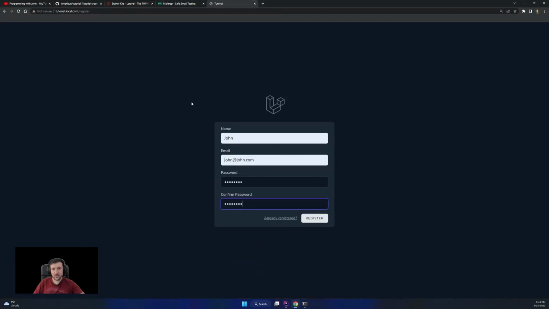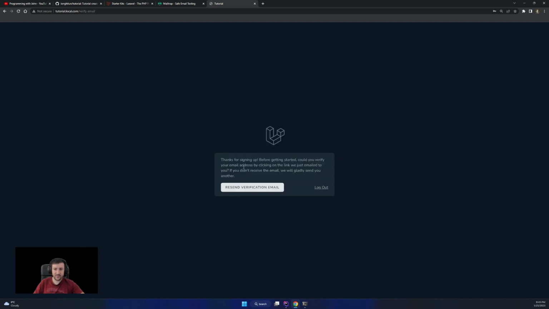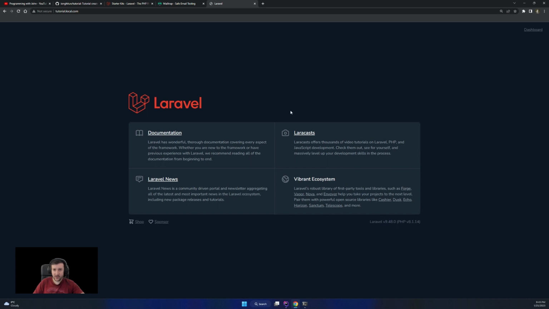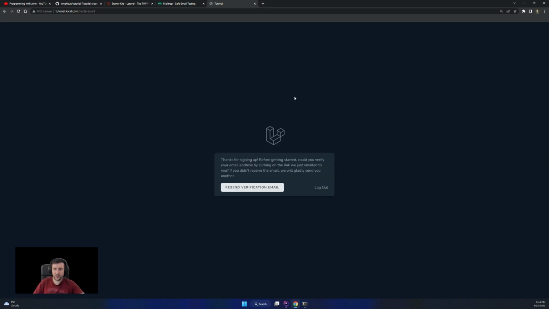Going back in here to the register. So I registered, and because I added that MustVerifyEmail, it redirected me to verify email. And because the dashboard is guarded by verified email, if I go back, I'm logged in, but if I want to access the dashboard, it redirects me to verify email.